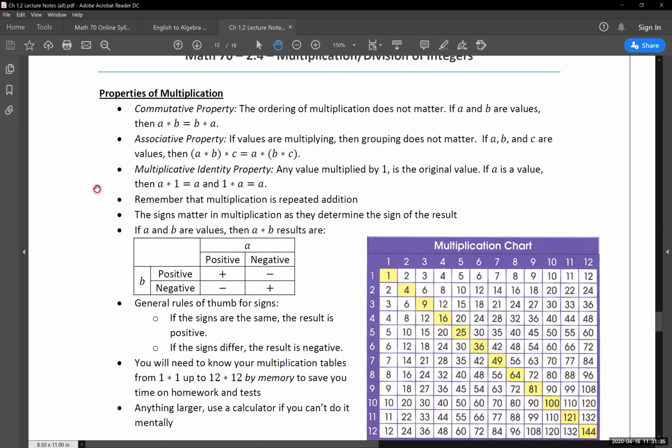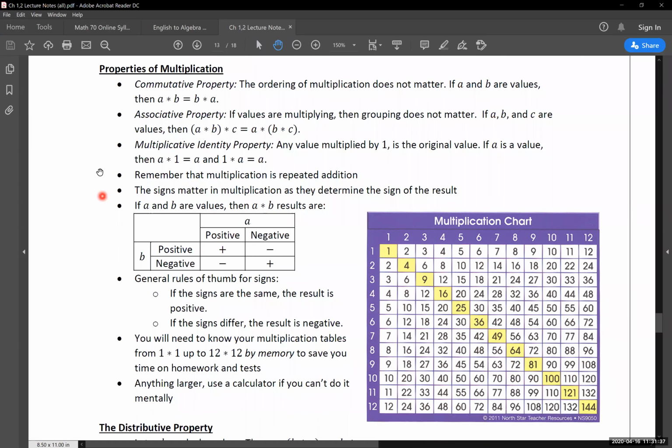And we'll get into some of the other more generalized things here. But remember that multiplication is just repeated addition. So if you ever are in doubt of how we're getting some of these numbers, you can expand this out to just be addition of a number a certain number of times. I would recommend not doing that purely to save yourself some time and some headache. Use a calculator if you need to. But at its core, that's what multiplication is, just repeated addition.